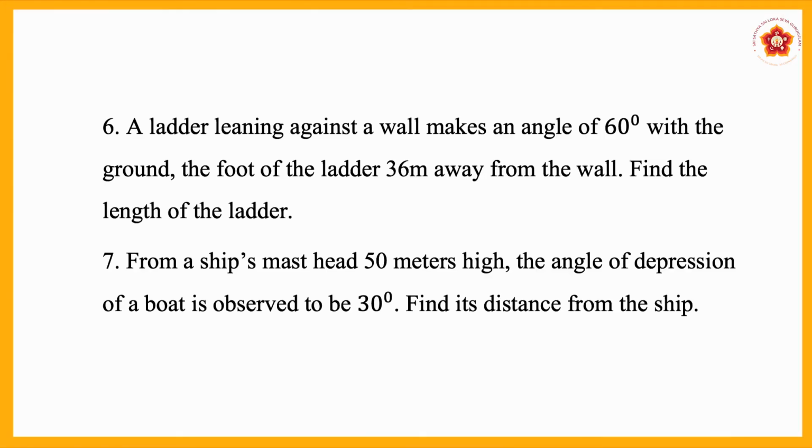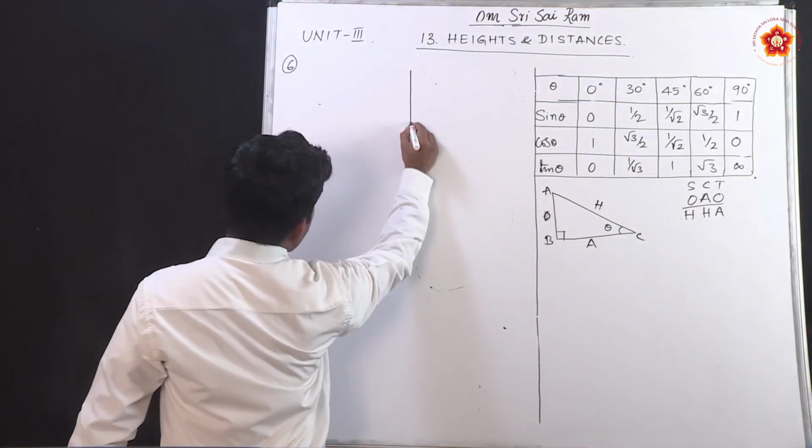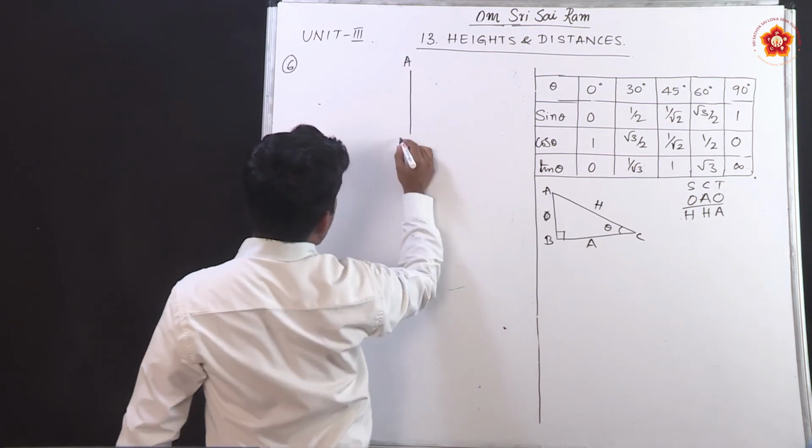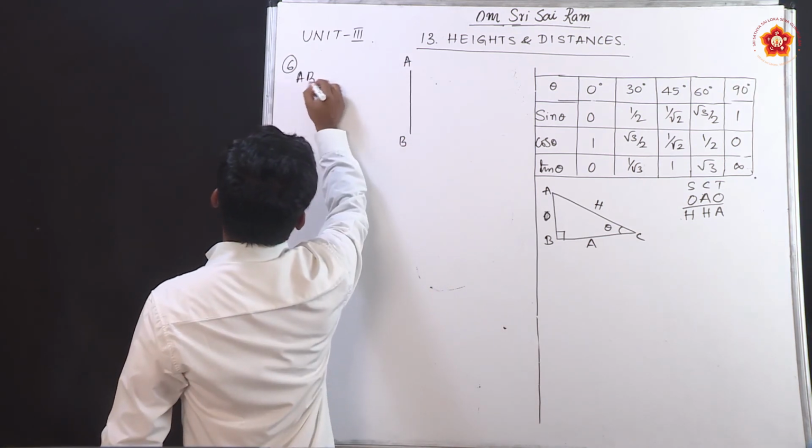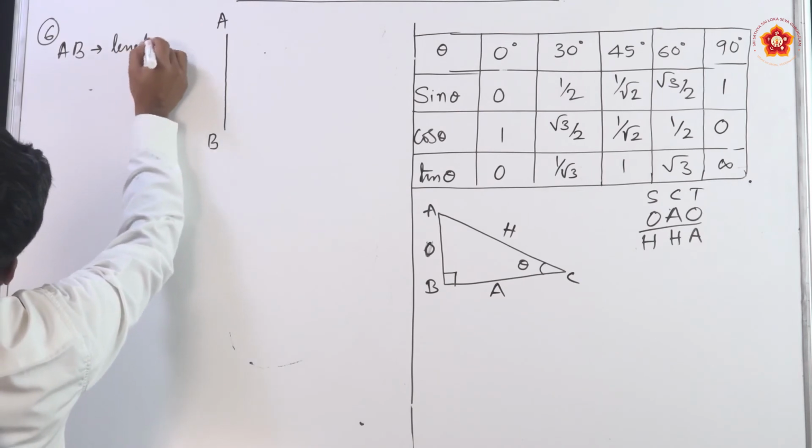See, the problem here is we have to find the length of the ladder which is leaning against the wall, making an angle of elevation, which they have given in the problem as 60 degrees with the ground, and the distance between the wall and the foot of the ladder as 36 meters. By using this data we have to find the length of the ladder. Before that I will draw the right angle triangle. For this I will take AB as the length of the wall,